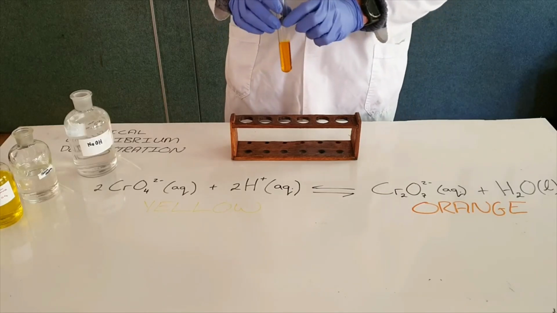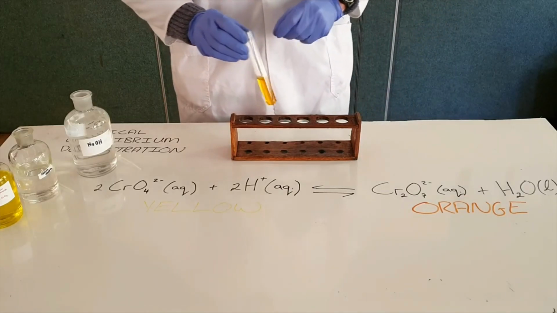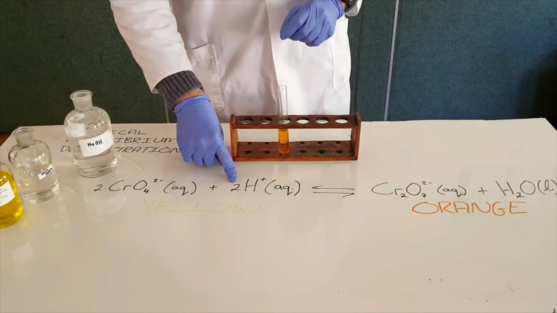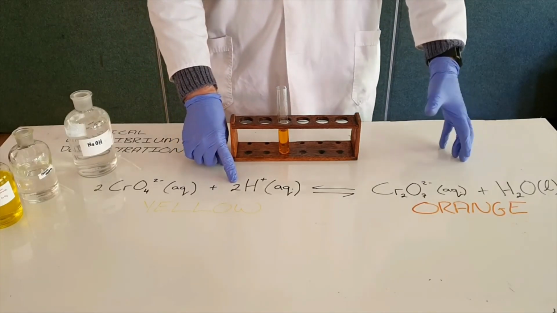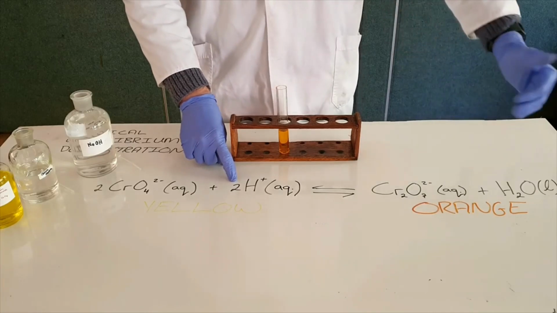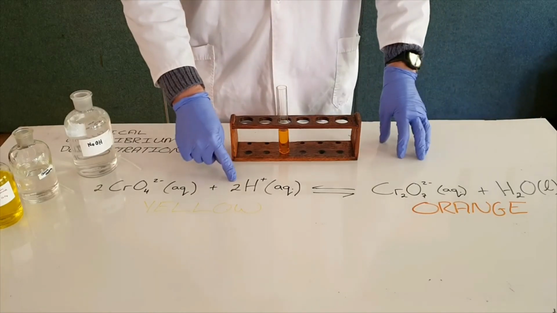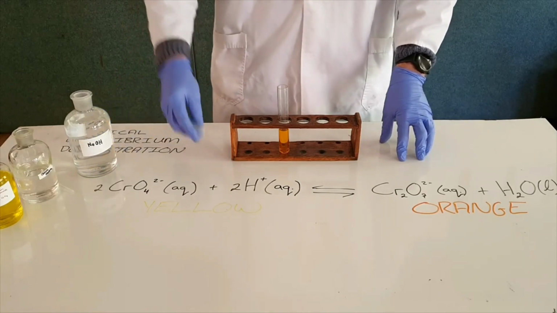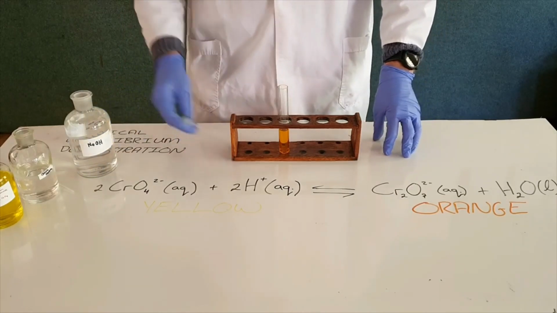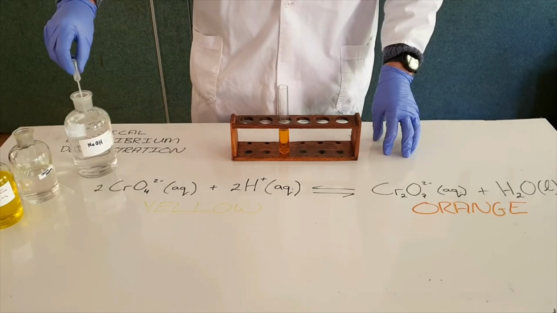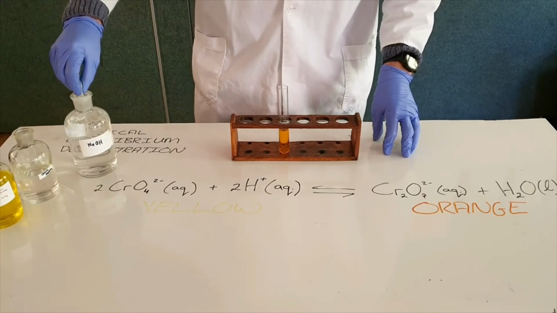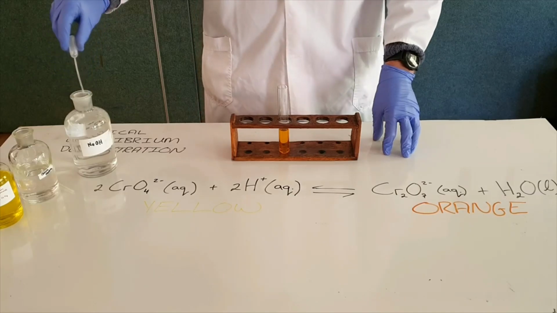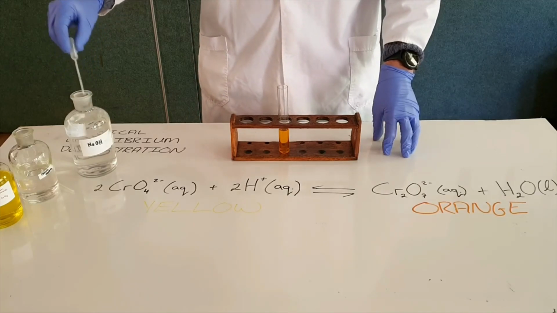Now we can also demonstrate the reverse of that by showing that if we decrease the concentration of our hydrogen ions, we are going to favor the direction that undoes that change, and that's going to favor the reverse direction, which will produce more hydrogen ions. Now, we know that hydrogen ions or acids react with bases, and hydrogen ions react with hydroxide ions. So if I add sodium hydroxide to the solution, what we will find is that the sodium hydroxide